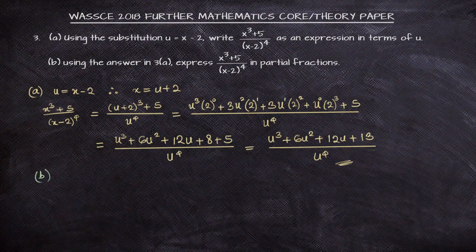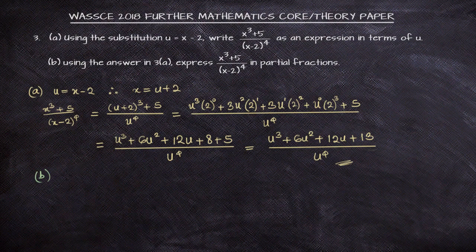And now in the second question, we are asked to express x cubed plus 5 over x minus 2 raised to power 4 in partial fractions. What do we mean when we say we want to express something in partial fractions? Partial fractions is a means of expressing whatever we are working with in progressive powers of that variable. We write the expression in progressive power of the variable just as it was shown,